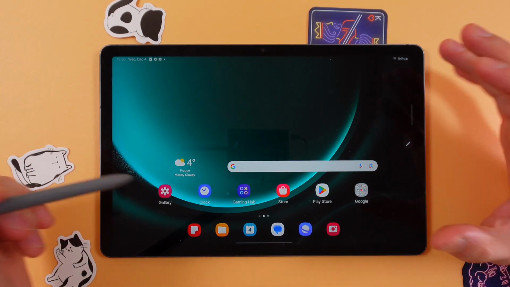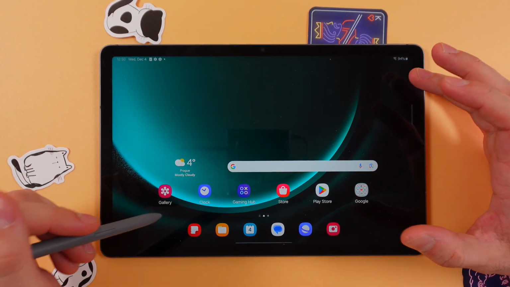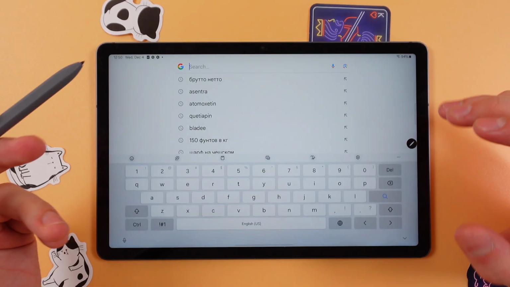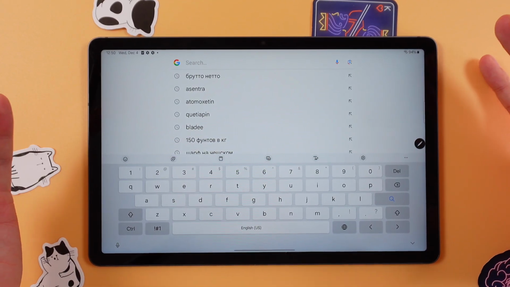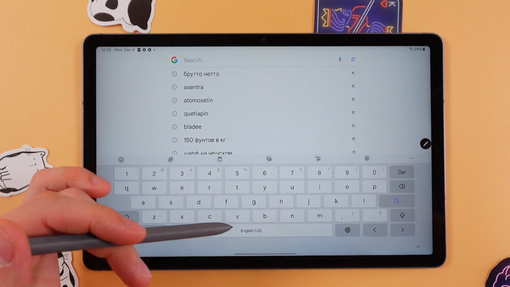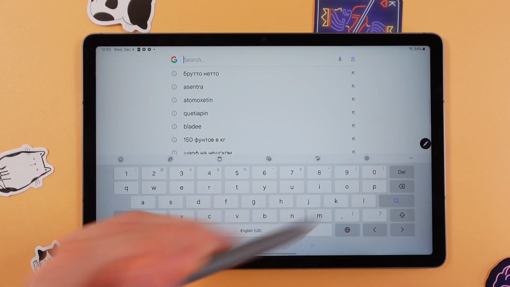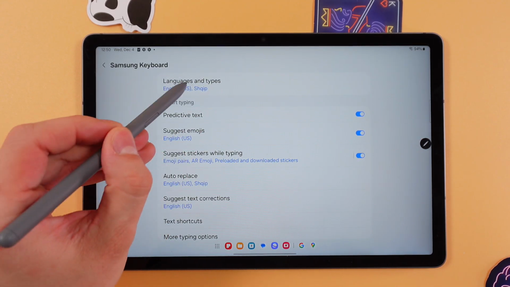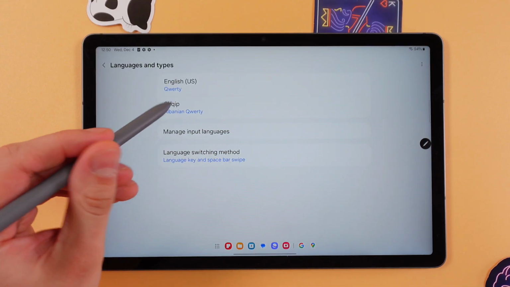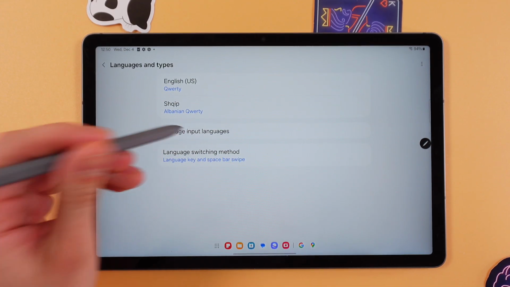Hello everyone, so you want to change the keyboard language on your Samsung Galaxy Tab. First of all, open up Google Notes or basically any kind of application which summons your keyboard, because we will need it now. Now find your gear icon on your keyboard, choose your languages and types, press manage input languages,